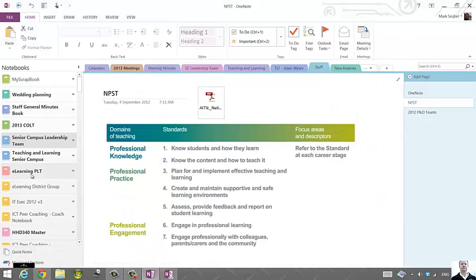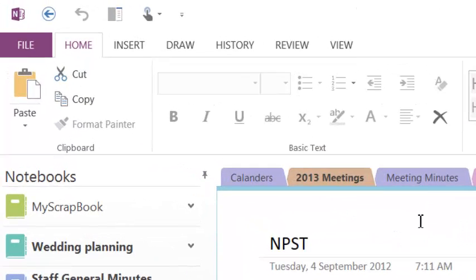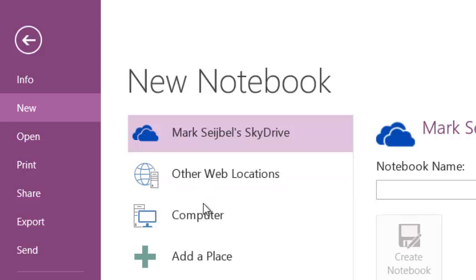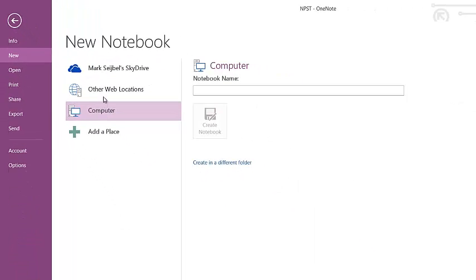I think the easiest way to do it is to set up a brand new book on your computer first, and then put that out to the students. So what I'm going to do is I'm going to go File, New, and I'm going to put this book on my computer. We can put books on day map straight away or other locations, but for now we're just going to go on the computer, and I'll call this book Staff